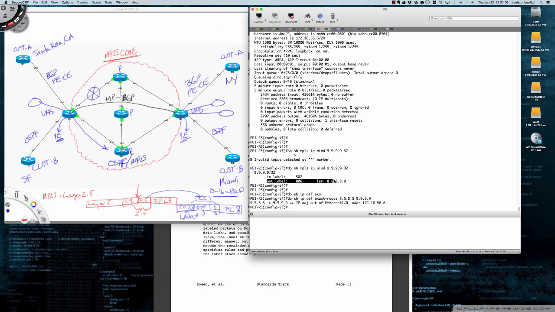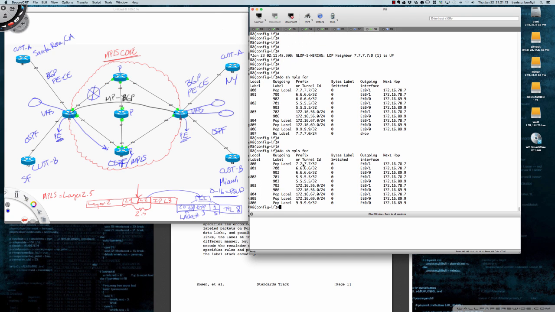If 5 is trying to get to 9, the label will be 806. So when that comes into router 8, router 8 is going to say, that's a local label for me. That's my inbound label, 806, that's me. What do I do? I pop that label,